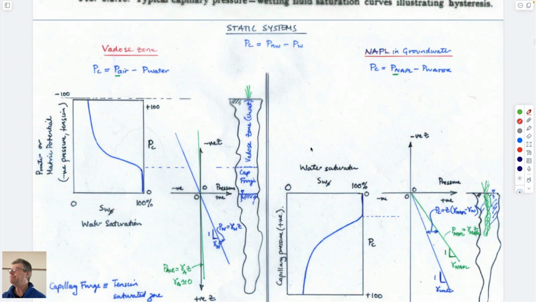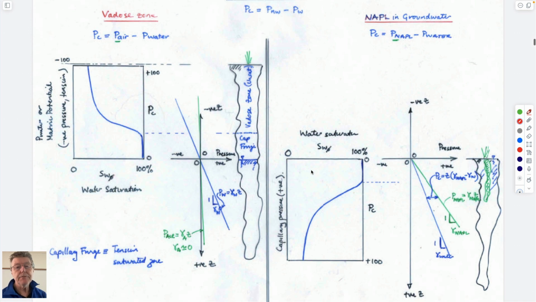I'm probably going to leave it there. It's probably enough drinking out of the fire hose for today. The point of this is that if you think about the capillary pressure versus saturation curve that we've just drawn,